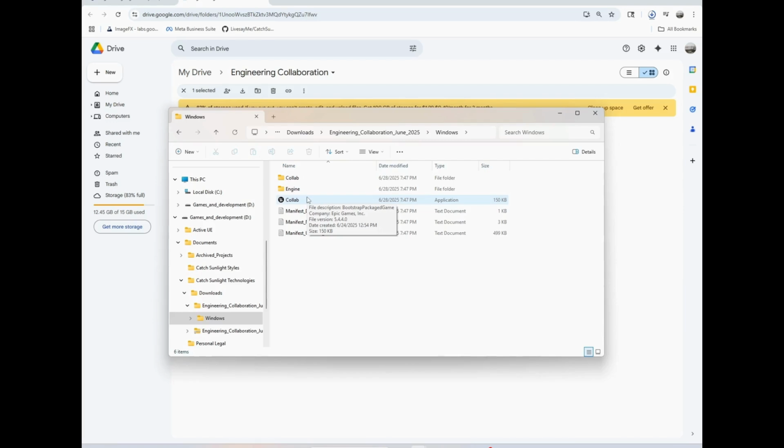That's powered by Unreal Engine. The first time you run it, it might take a minute, and it might ask you to install some .NET libraries. So you open it up. I want to point out that